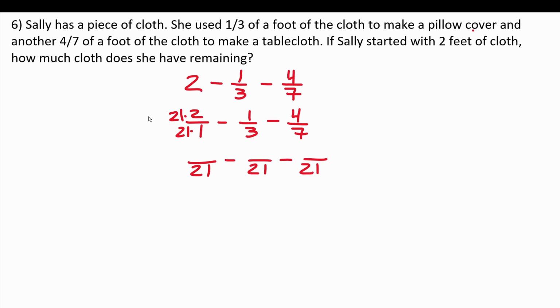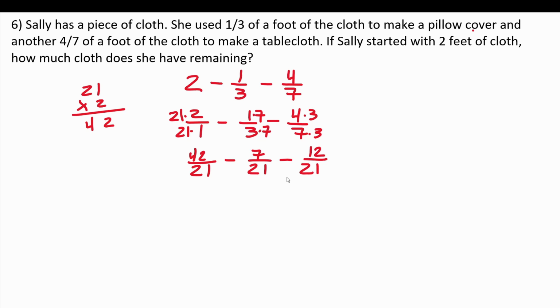And in case you can't do this in your head, we can do it off to the side. 21 times 2 is 1 times 2, which is 2, 2 times 2, which is 4. So this is the equivalent of 42 over 21. To write 3 as 21, we have to multiply it by 7. And likewise, we're going to have to do that to its numerator. 3 times 7 is 21. 1 times 7 is 7. And finally, to write 7 as 21, we have to multiply it by 3. 7 times 3 is 21. We're going to have to do that to its numerator. So this is 4 times 3, which is 12.